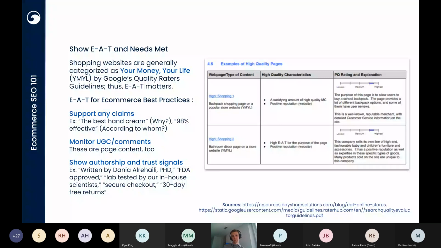So when it comes to e-commerce sites, a couple of best practices for EAT are, if you make any claims, you want to support them and say where they're coming from. So we'll see a lot of times there'll be salesy language, like this is the best, right? This is the best whatever. And if you're going to say something like that or make a claim, it should really be explained, why is it the best, right? And if it's truly not the best, then it's not a claim that we should probably